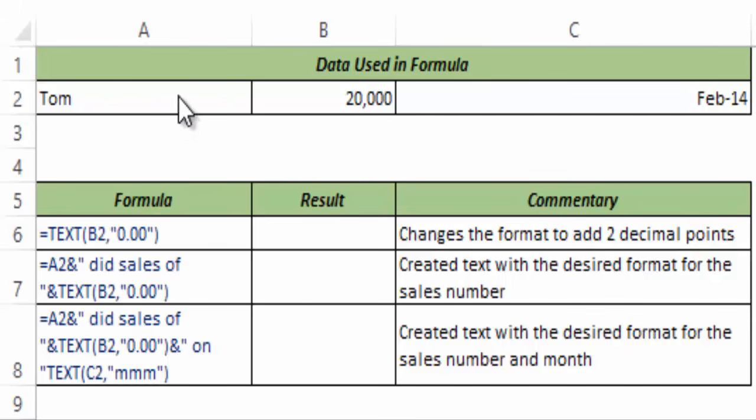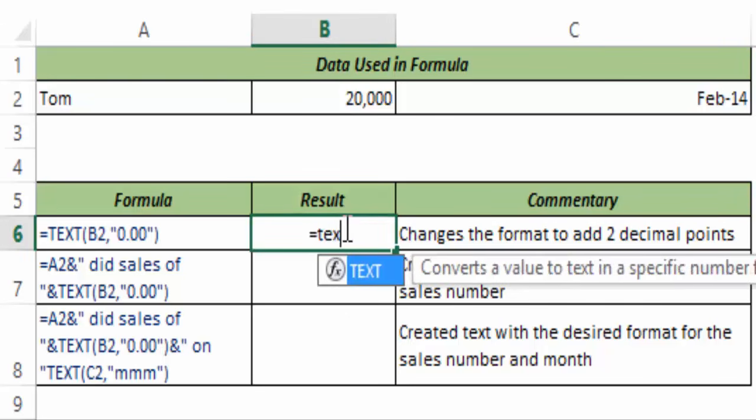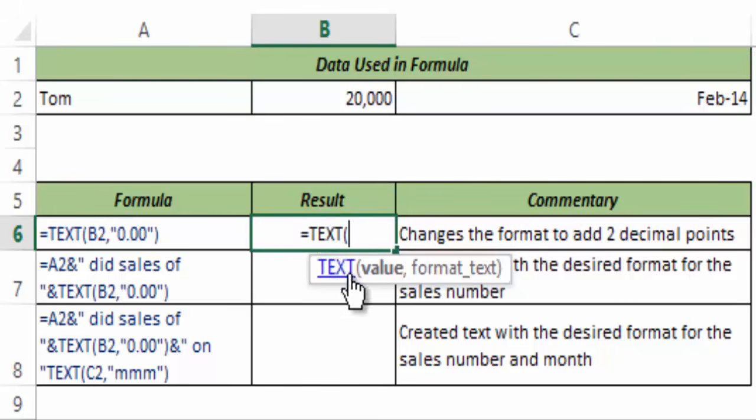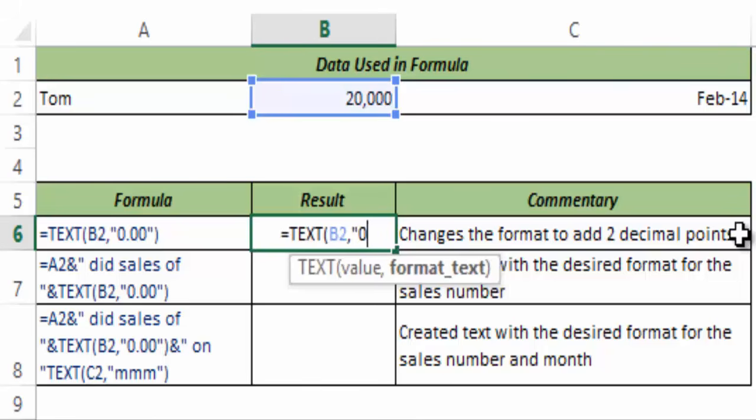Here I have some data in cells A2 to C2. I have a name in A2, I have a number in B2, and I have a date in C2. Now let me show you how the TEXT function works. So I type TEXT, I hit tab. The TEXT function takes 2 arguments. First is the value that you want to format, and another is its format in text, which means in double quotes. So now let me show you how this works. I select B2, which has the value 20,000 here, and I say that this should be formatted with this format, which is 2 decimals, and I hit